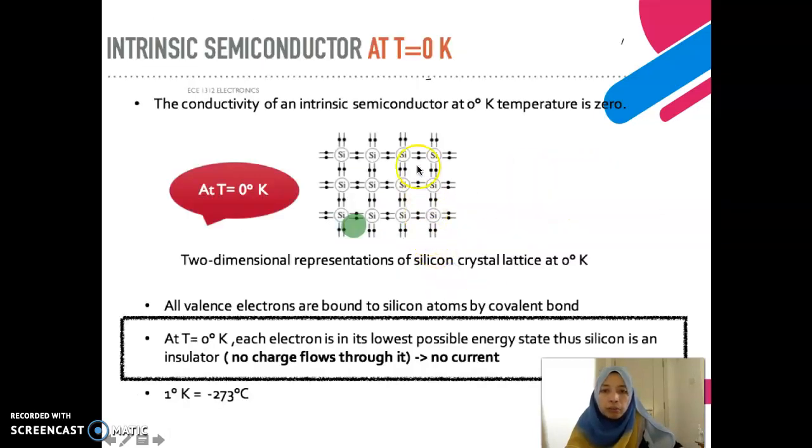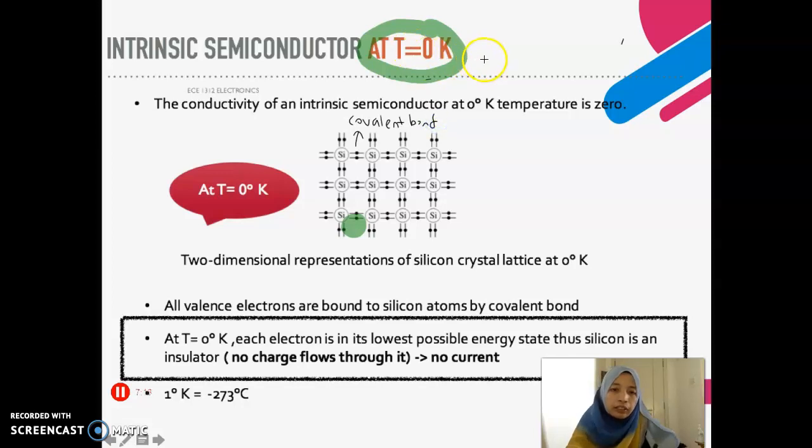There is covalent bond. So at the intrinsic semiconductor, when we don't apply any heat, means the temperature is 0 K. So this is at room temperature. What is happening between this atom of the silicon? This is what we call covalent bond. So at 0 Kelvin or 0 temperature, the valence bond here is very strong. Means there will be no free electron. How the current can conduct? What is actually current? Current is the movement